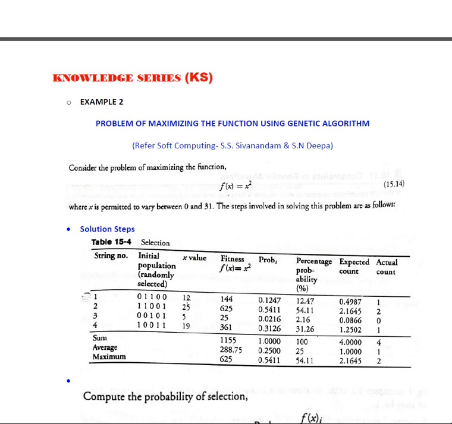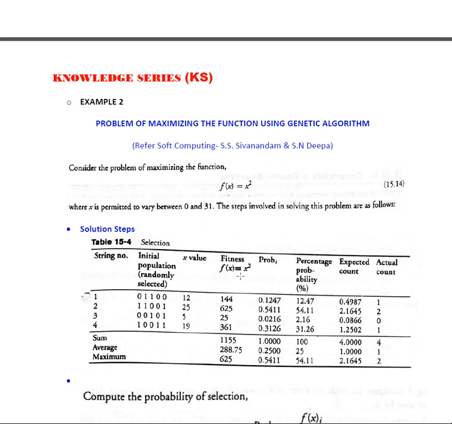If you see here, its binary equivalent is written here. That is the binary value, and it ranges from 0, 0, 0, 0, 0 to 1, 1, 1, 1, 1, so five ones and five zeros. In that range, these values are coming. Now we write the fitness function f(x) is equal to x square. We square these values, so we get these values.